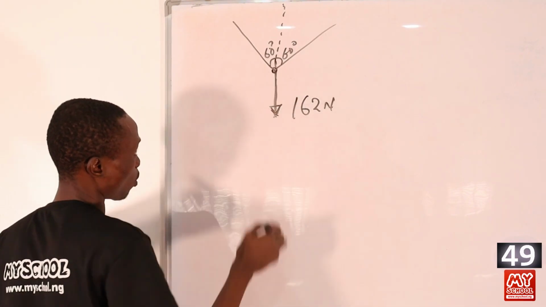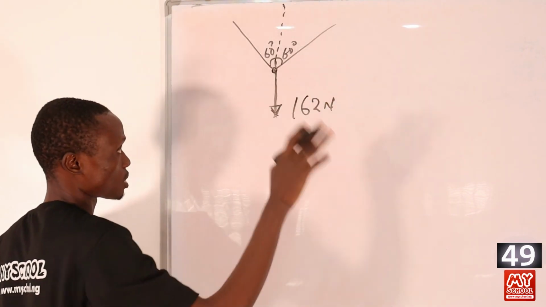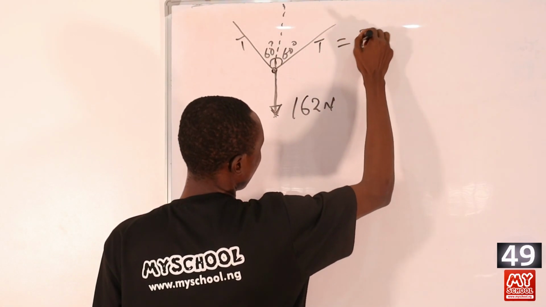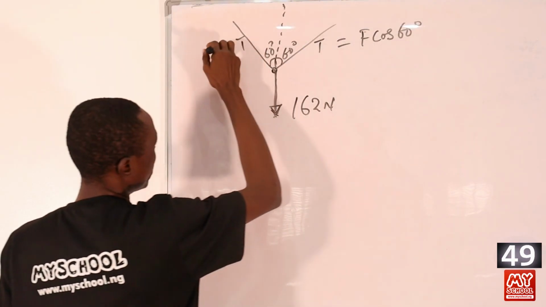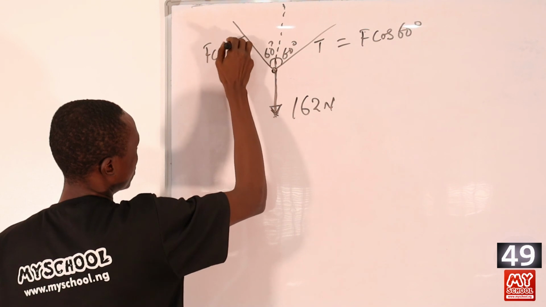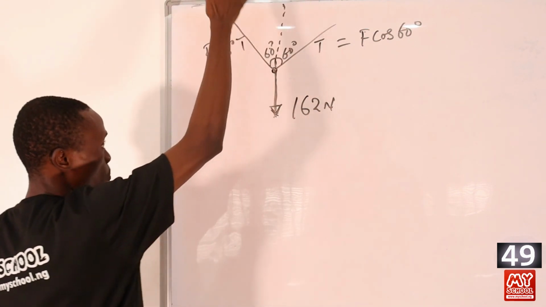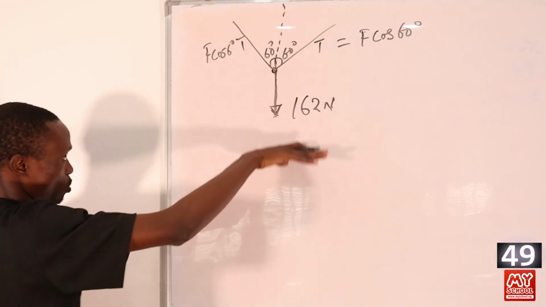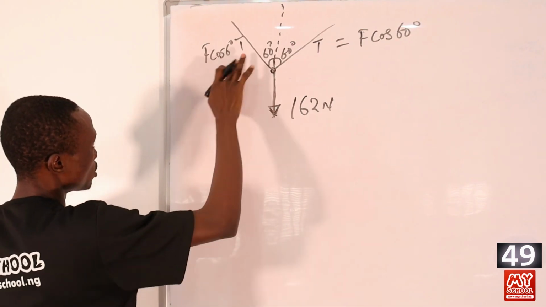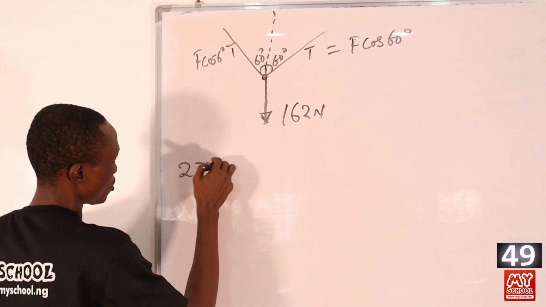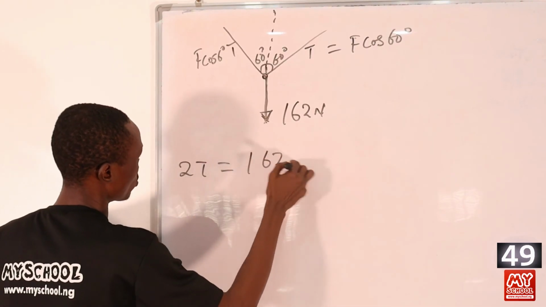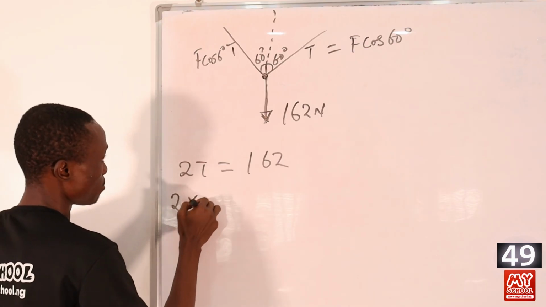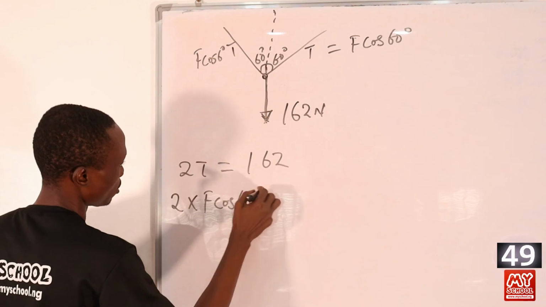into the vertical component. So we have to resolve the force into the vertical component. So that T, let's call it T, tension on both arms, T is equals to F cos 60 degrees, and here is also F cos 60 degrees. So there are 2 forces acting vertically upward, and there's one acting vertically downward. So the force acting vertically upward is equals to the one acting vertically downward. So the 2 tensions, T plus T, which is 2T, will be equals to 162, right? But T is equals to F cos 60, so that will be 2 times F cos 60, which is equals to